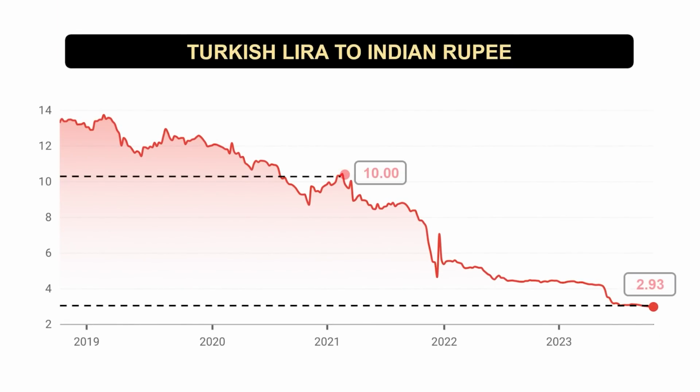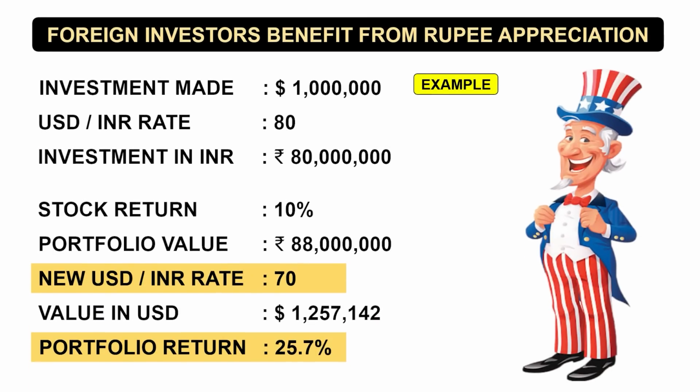The fifth fallout I want to discuss is the currency exchange rate. And if you haven't planned your holidays for the winter, then look at Turkey, as in the Turkish lira, which was 10 Indian rupees just a couple of years back, and is now available for just 3 rupees. So in this case, the Indian rupee is getting stronger against the Turkish lira. And if the same thing were to happen with a prime currency like the US dollar, that is, the rupee becomes stronger, then that's something foreign portfolio investors would love, as it gives them higher returns from their Indian investments, which will trigger even more investments into the Indian stock markets.